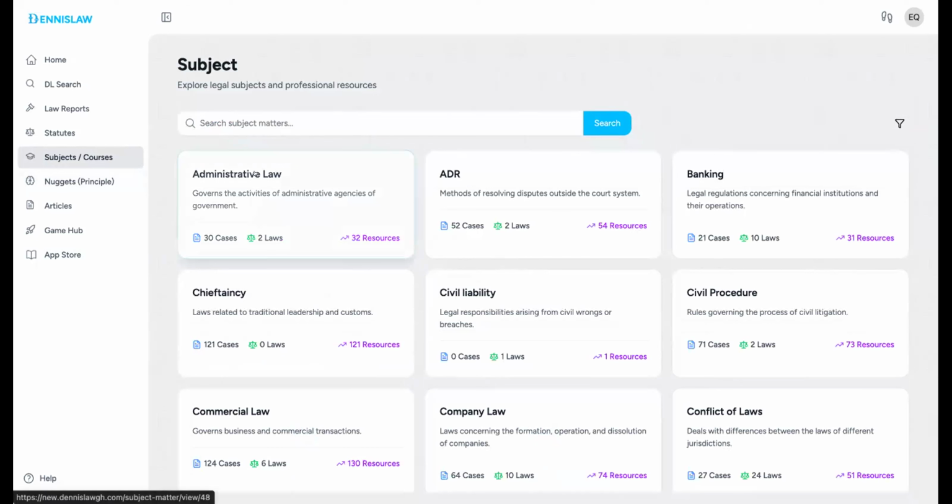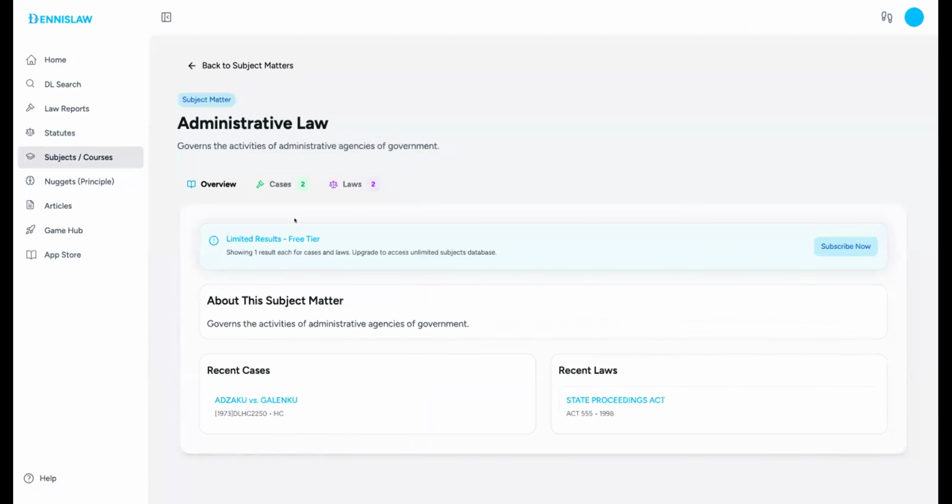Now you can see for administrative law, we have 30 cases, 2 laws within this sandbox environment or this production environment. When we roll it out to live or for production level, you realize that all the administrative law cases on the system would have been updated. So it would naturally be more than 32, as you can see here. So let me just go into this. We can try and see some of the